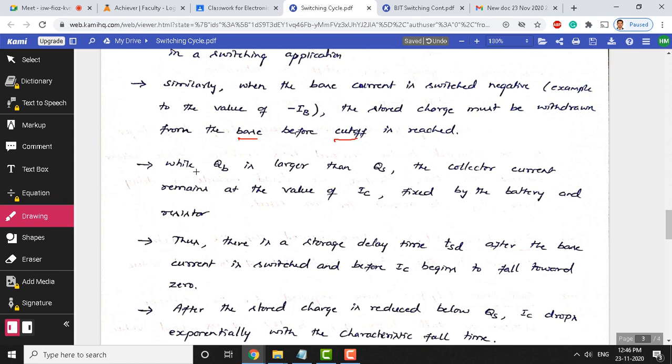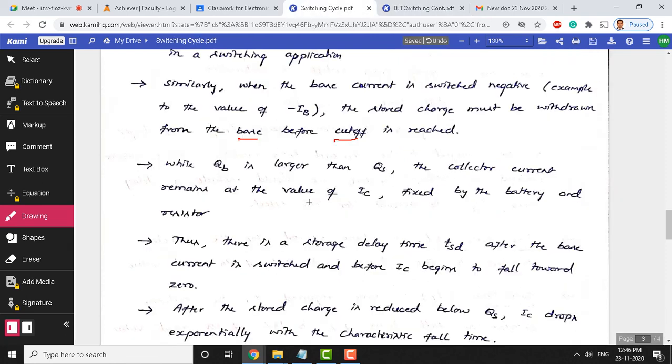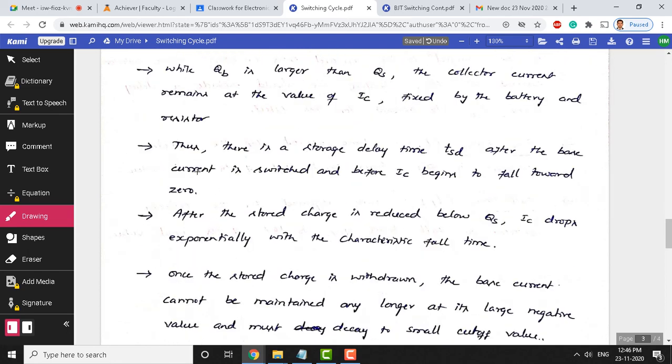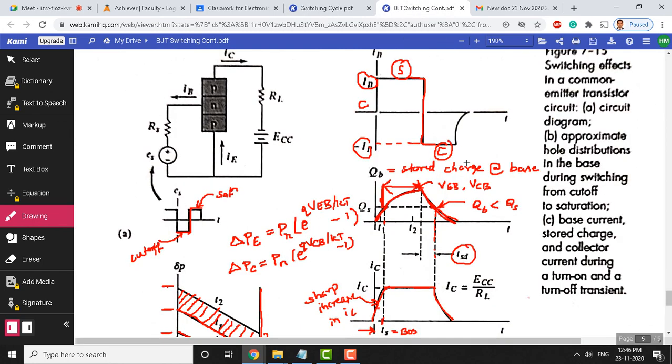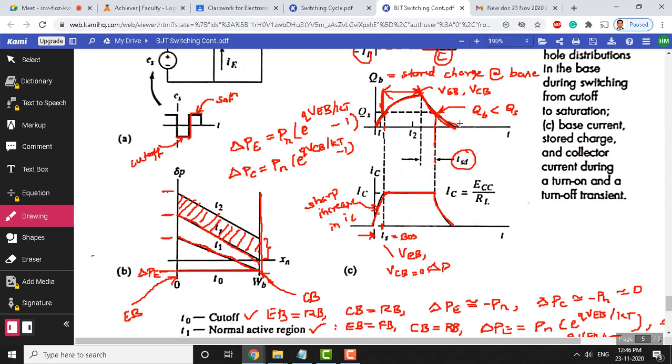Okay. And while QB is larger than QS, you can see in the graph that when QB is larger than QS, you are moving into oversaturation. The collector current remains almost constant, fixed by the battery voltage and the resistor here. Thus, there is a storage delay time, TSD, what we mentioned. Okay, so only when this amount of time